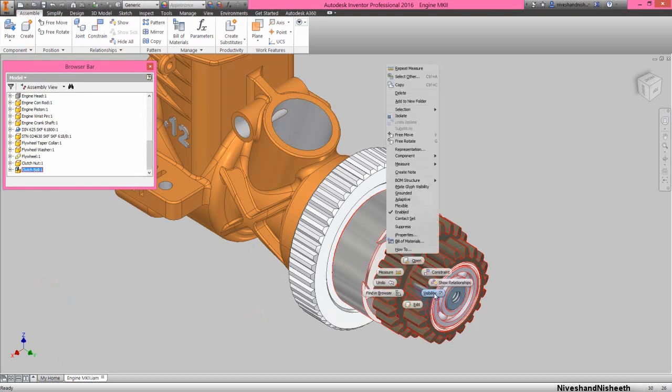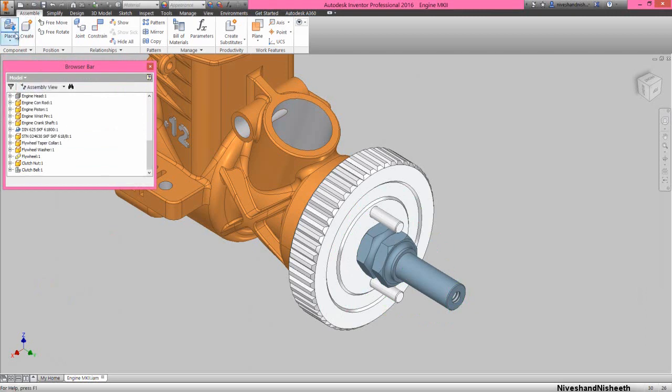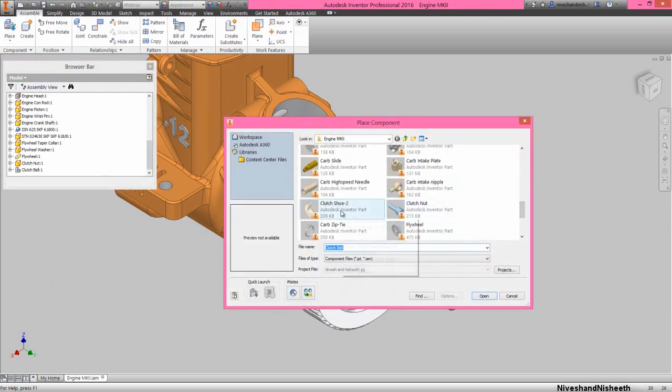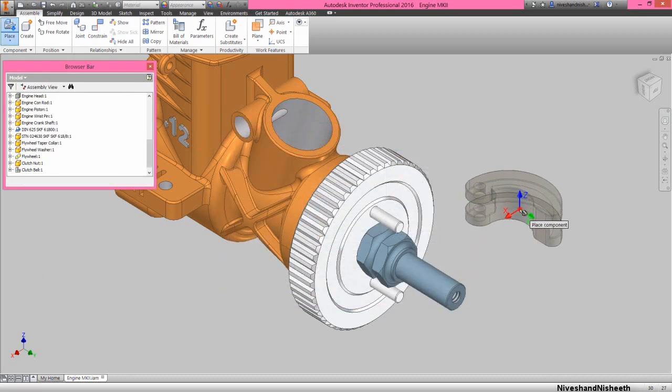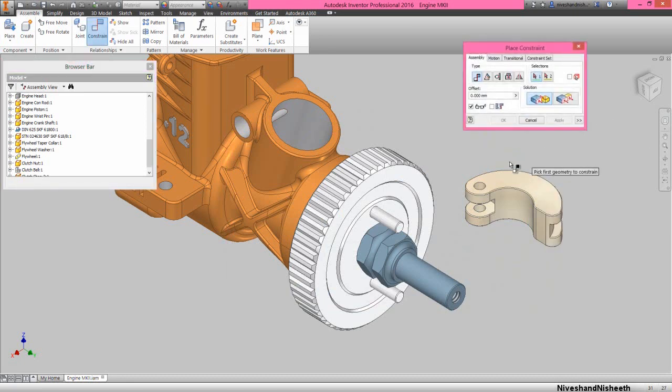Now we will close the visibility of clutch bell assembly and place the part clutch shoe 2 in this assembly. Activate the constraint command.